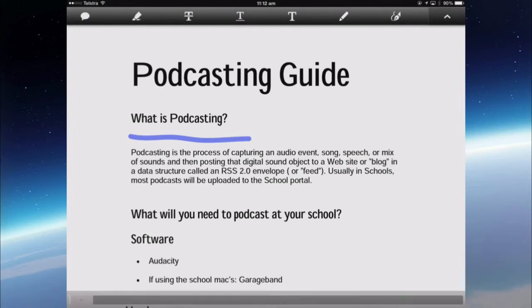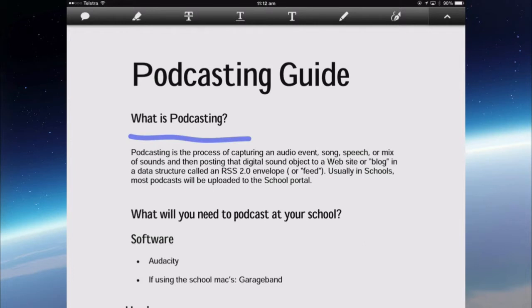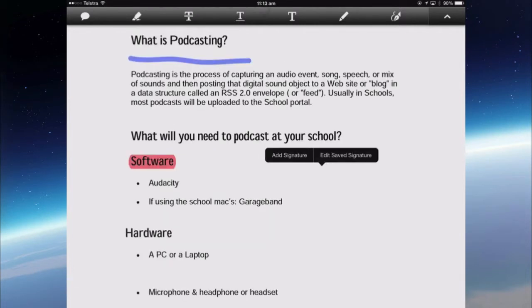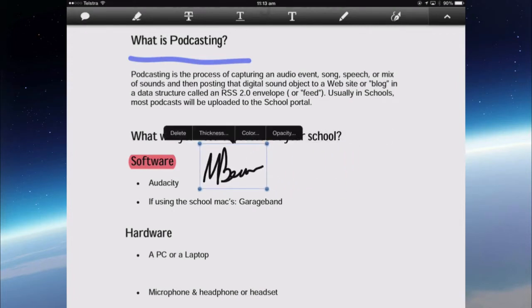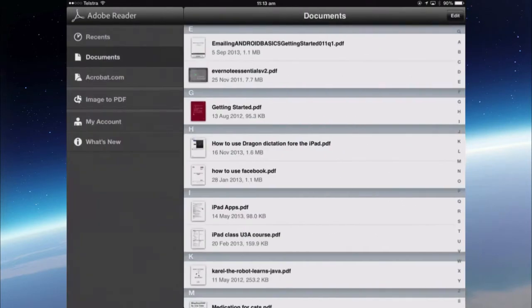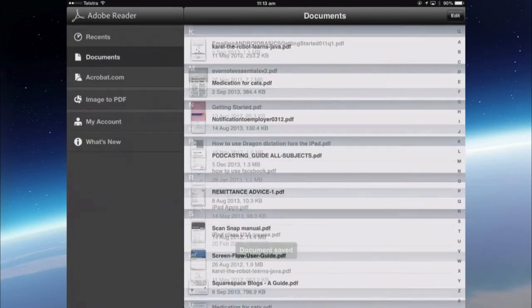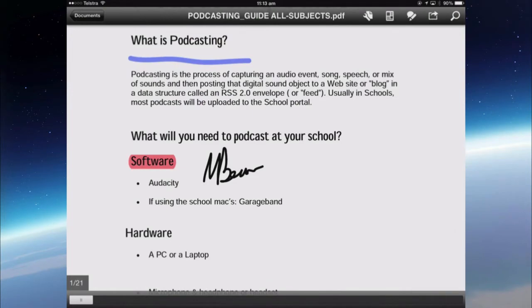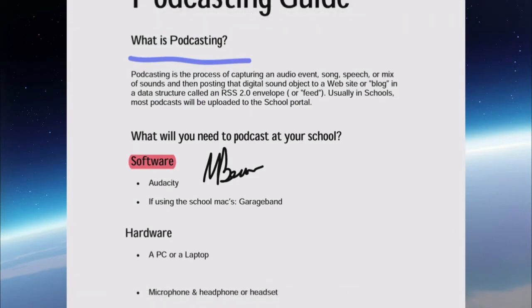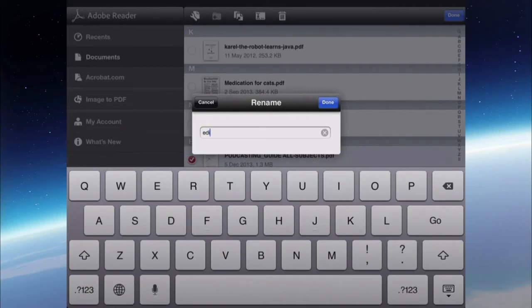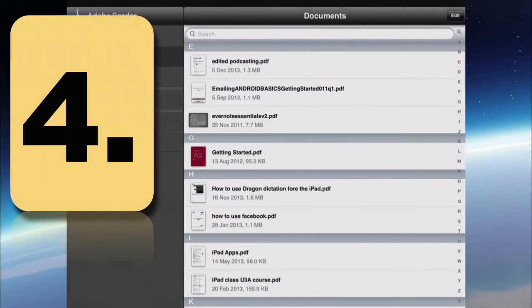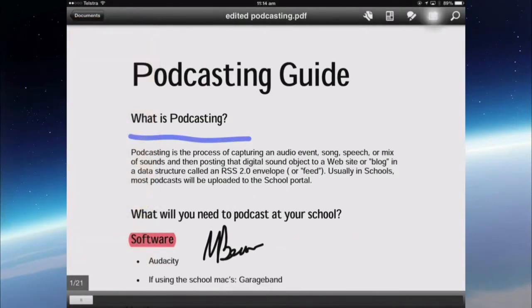And then when I've finished editing and annotating, so I might put some highlighting on, add my signature, which is already saved in there, move it around. Whatever annotations I want to do, close that text bar, go back to documents where the document is saved, and then I can take that document and upload that back to Dropbox because it's in its original form still up in Dropbox. First of all, let's just rename the file and call it edited so I can see the difference. Podcasting, and it's that one, the edited one, that I now want to